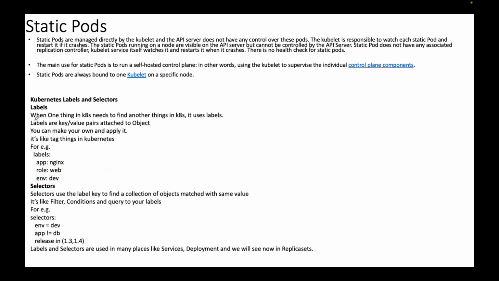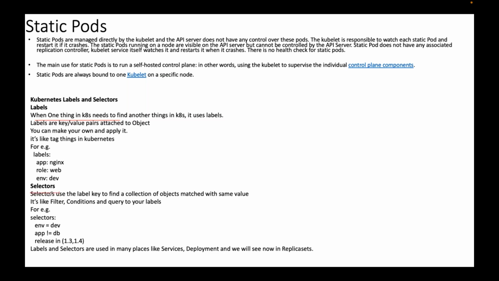So when one thing in Kubernetes needs to find another thing in Kubernetes, can we use this label concept? In Kubernetes, one thing in the sense one object needs to find another object. Can I use this labels and selectors concept? Yes, we are already using. So we can add labels.